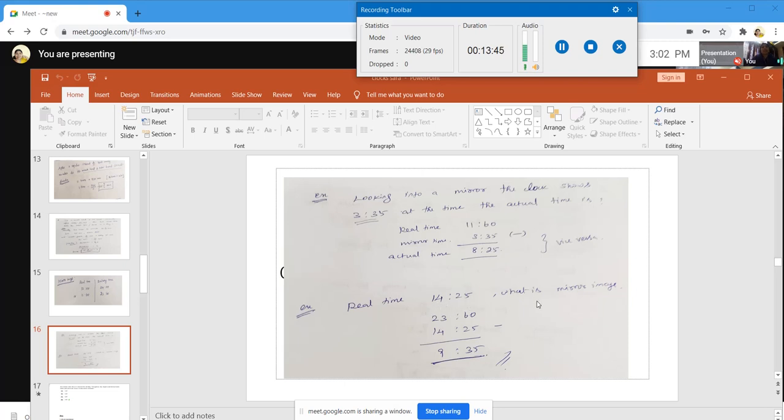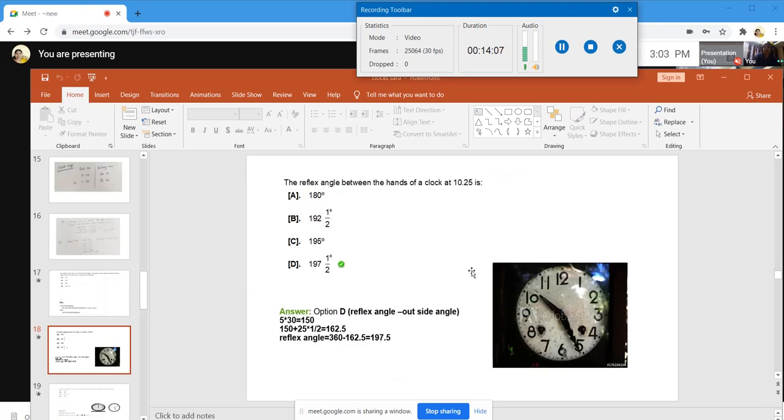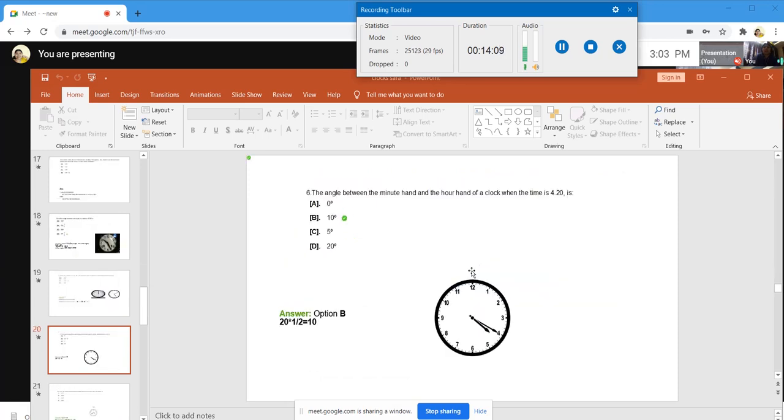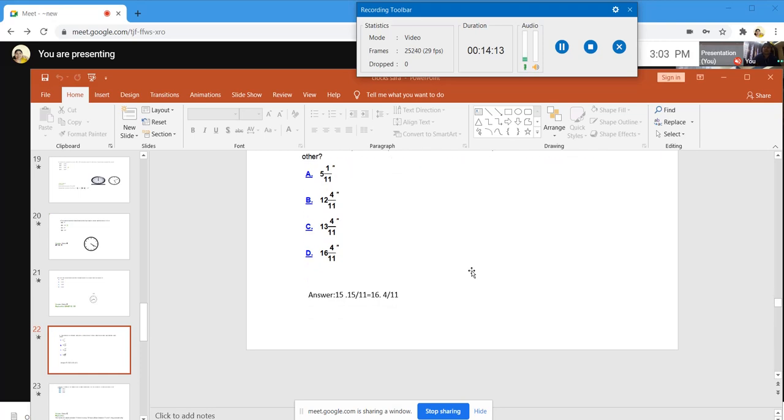Here we can consider the railway time. So 23:60 minus 14:25. The answer is 9 hours 35 minutes. So whatever they are asking, by giving real time and actual time, this is the method we are going to follow. So this is about the clocks, and yes, there are so many problems. I have given the material, you just revise, and if you have any doubts we can find out.